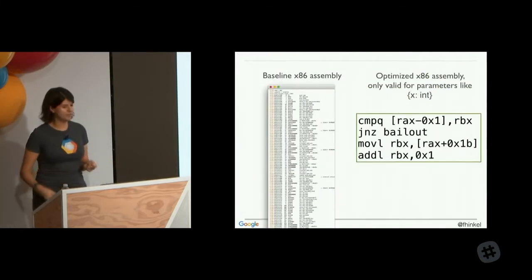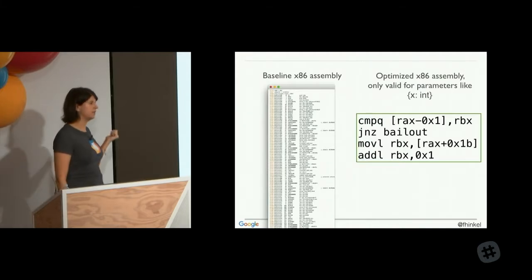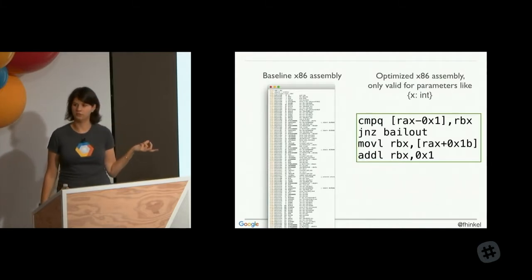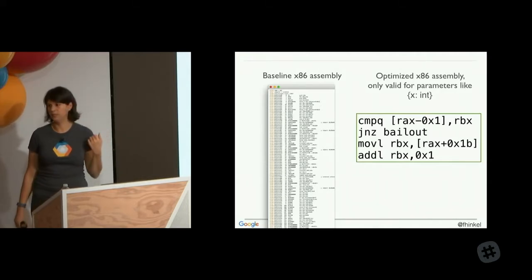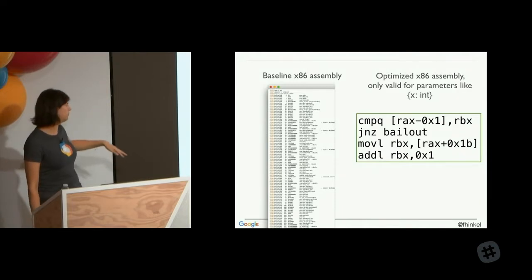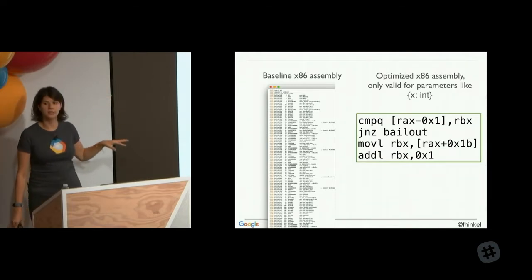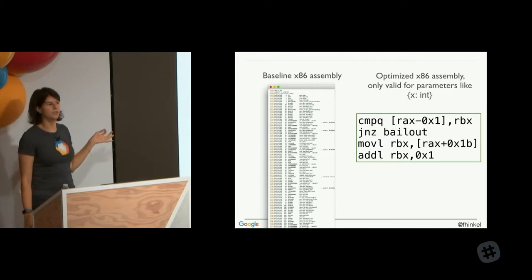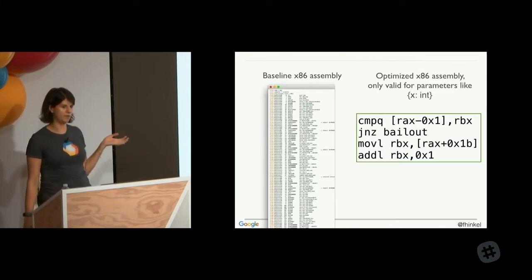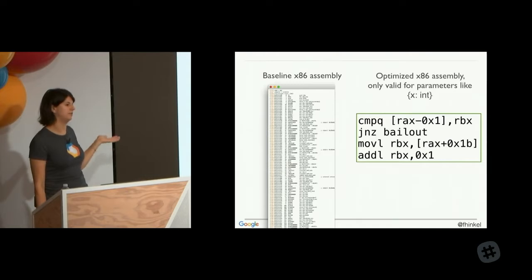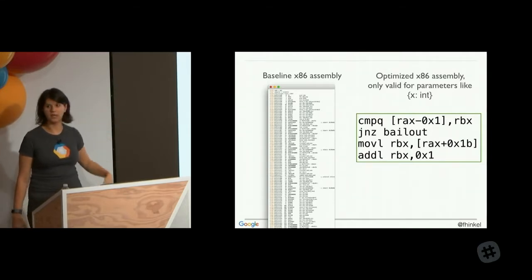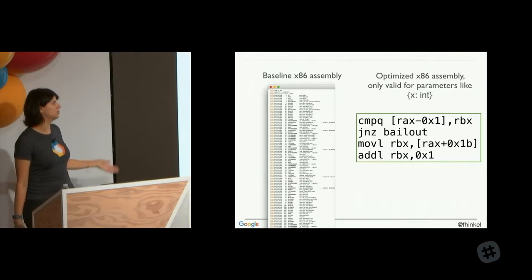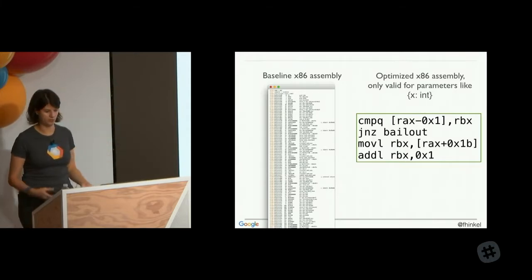OK. And so here is the x86 assembly code that's being generated by V8 for this little add function that I showed you. On the left-hand side is what's generated by the baseline compiler. It runs on for a few more pages. I couldn't fit everything on here. But these 4 lines on the right-hand side are what's generated by the optimizing compiler. And this is for the same add function: it takes an object and returns 1 plus object.x. And obviously, every instruction takes some time. So if you have lines and lines of instructions, it's way, way slower than just 4 lines of instructions.